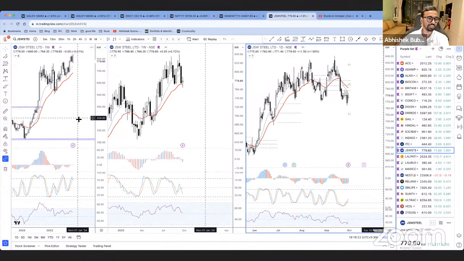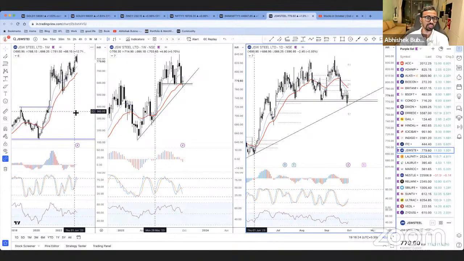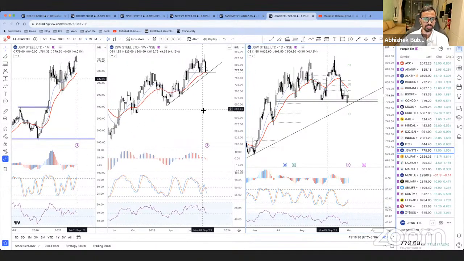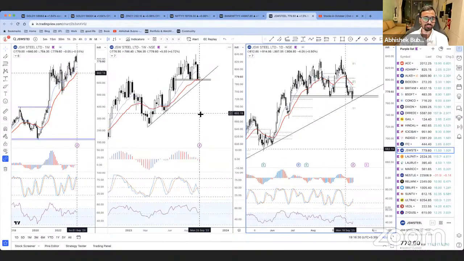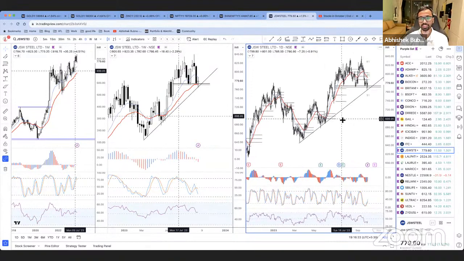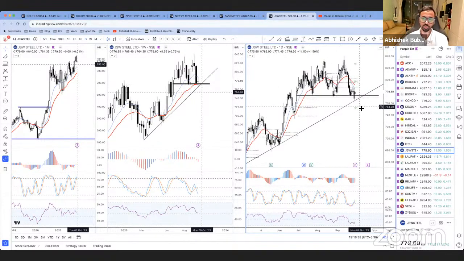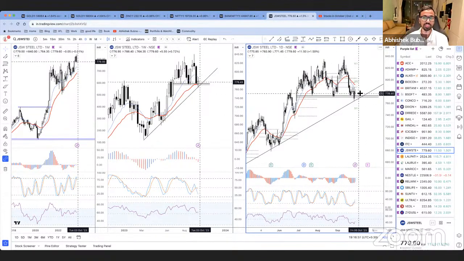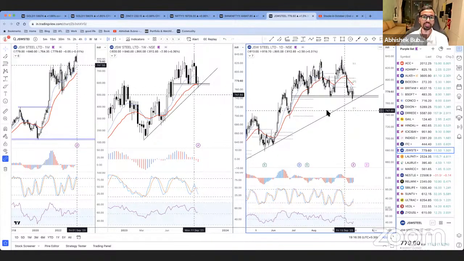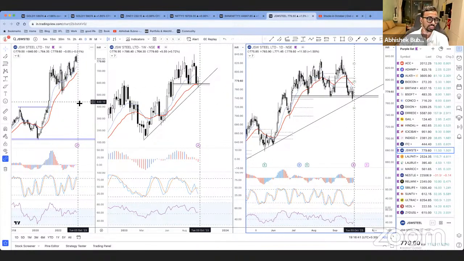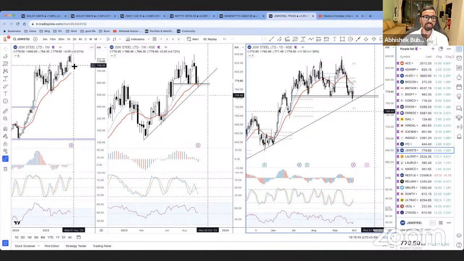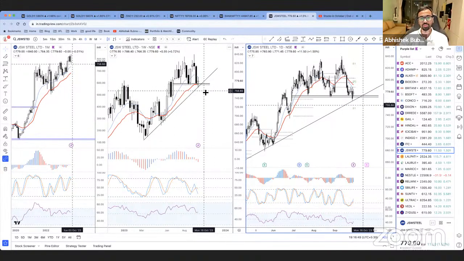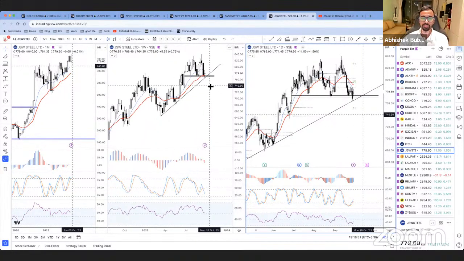Now we come to JSW Steel. This is here because of a probable, oh, there is a neckline, there's a bearish divergence on the weekly chart, and there's a trend line here. So अगर ये नीचे की ओर गिरता है, या तो CPR से या इस सपोर्ट लाइन को तोड़ता है, then आप सोच सकते हो कि ये कितना गिर सकता है, क्योंकि monthly chart is also not that great. Engulfing where there's a doji here, it can easily correct till 11 if not more EMAs. And that is also a decent place to be.